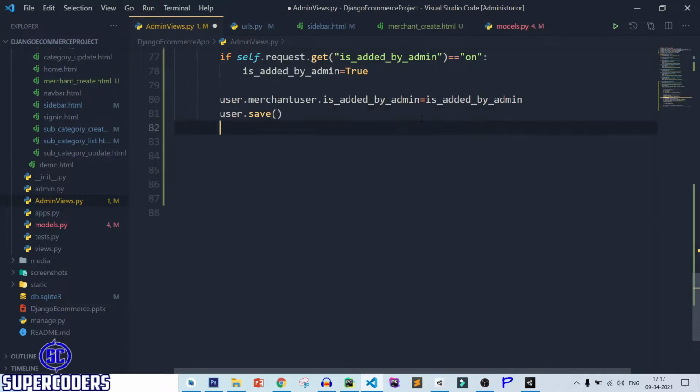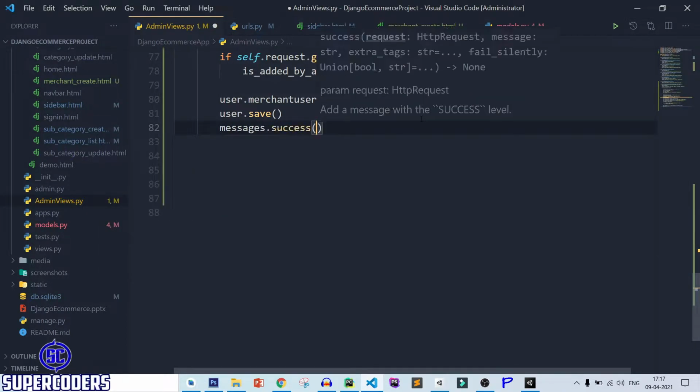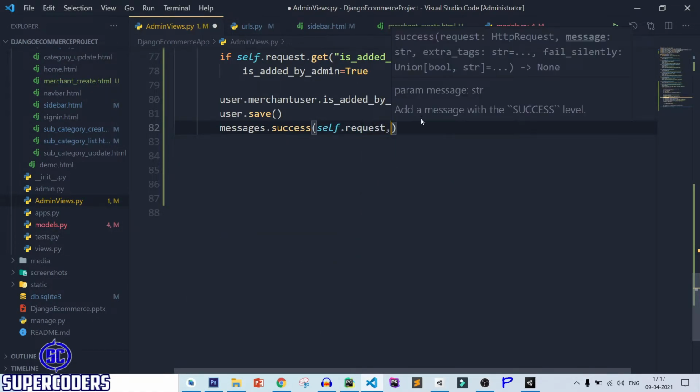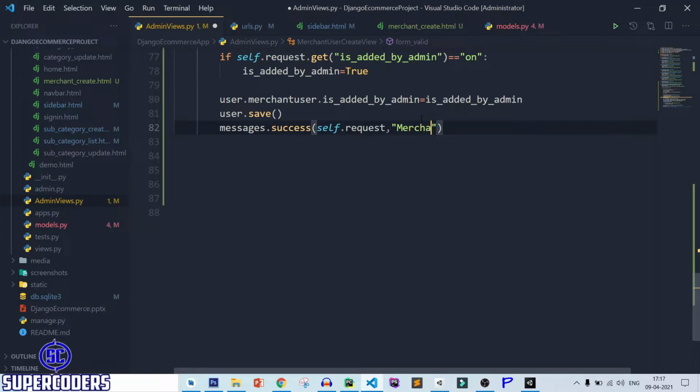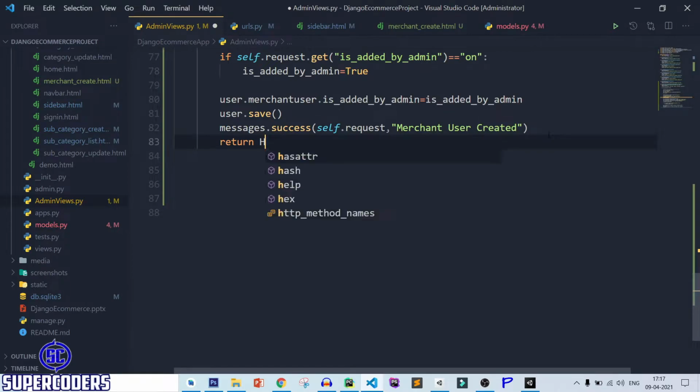Let's work on it. So messages.success, first self.request, merchant user created. After that, redirect the user. So return HTTP response. Let's import the redirect.